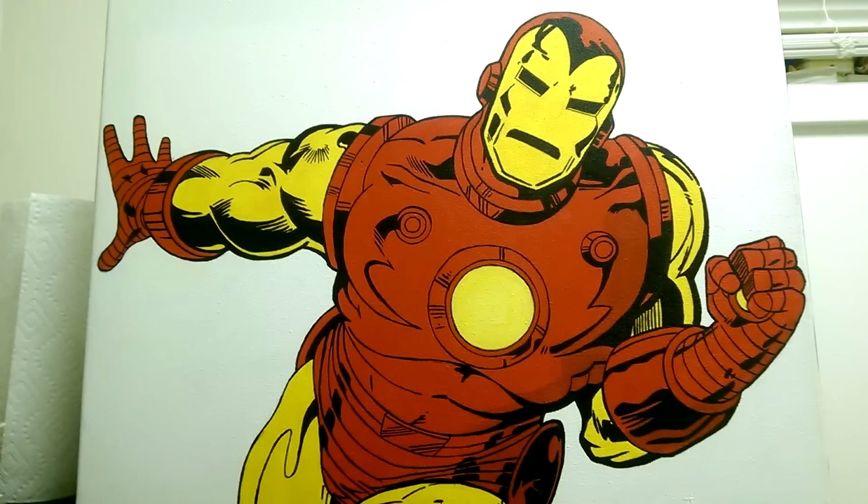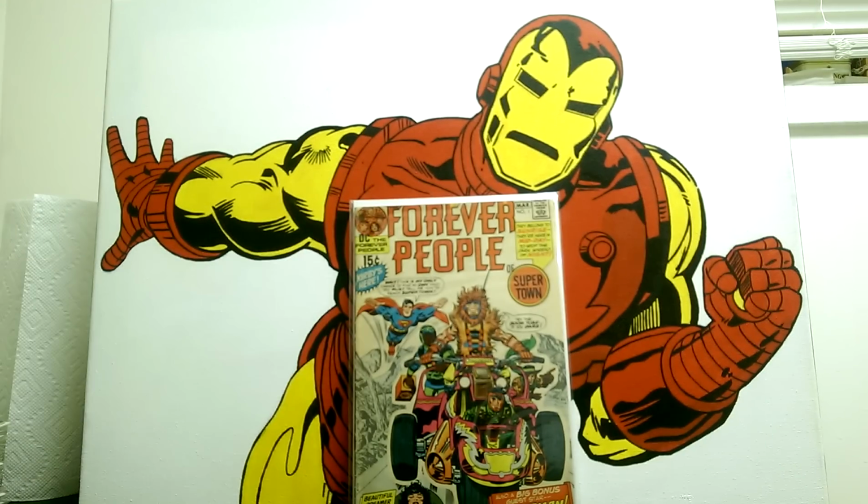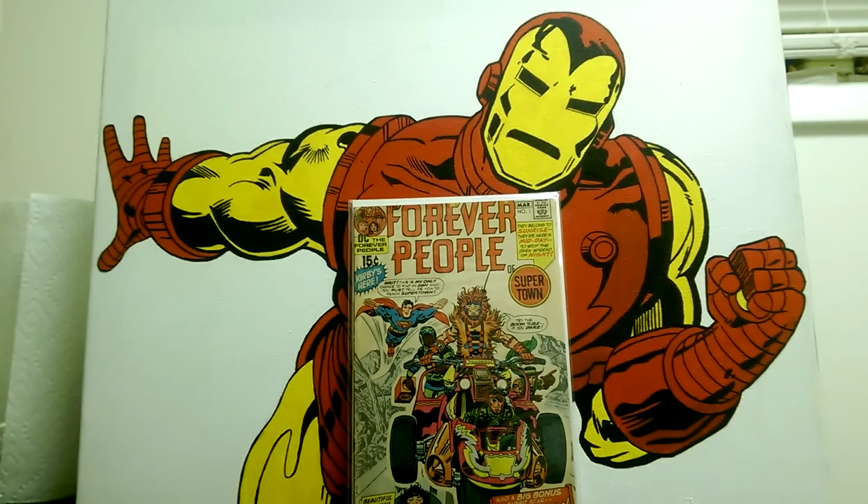Let's see. The number 2 entry on my list is Forever People number 1. I believe this to actually be the first full appearance of Darkseid. I think there are a lot of panels with him in it, and that's why I consider it that. And